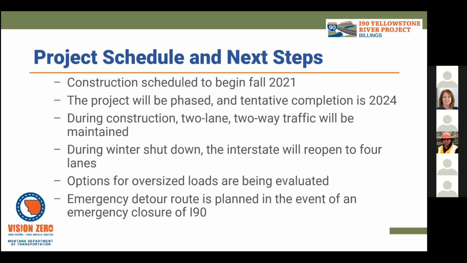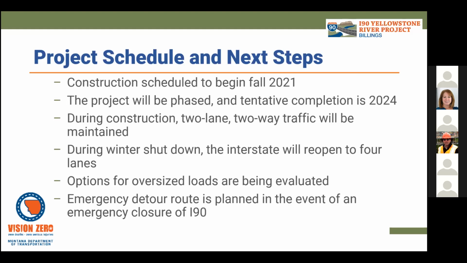The first item of work will be to rebuild the westbound roadway during that 2022 construction season. And then we'll get the whole westbound facility built, and then reopen the interstate up to 2 lanes in each direction during that winter shutdown period. And then the following season, which is in 2023, that's our phase 3, we're going to build the east side of the interstate. And there's just enough work that needs to be done that it's going to take at least part of another season in 2024 to come back and do any final striping and signing and things like that, just to finish up the project.